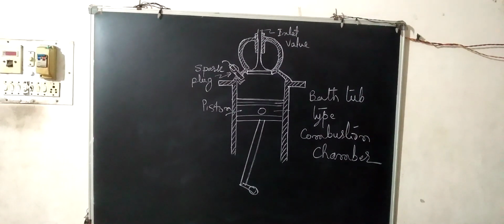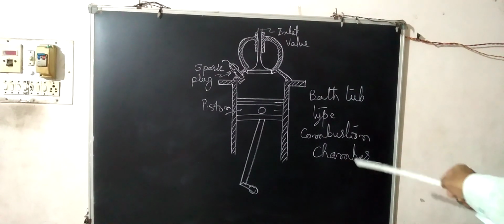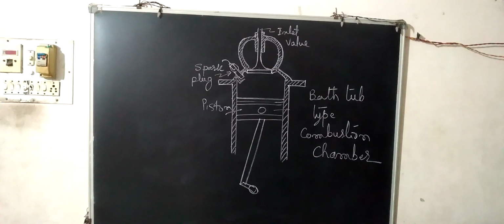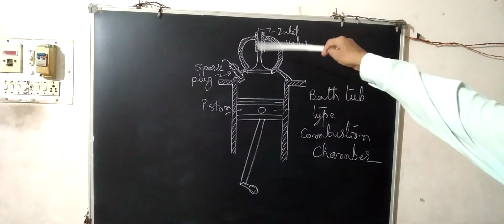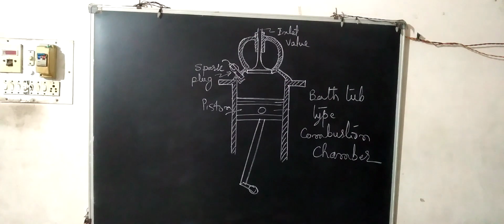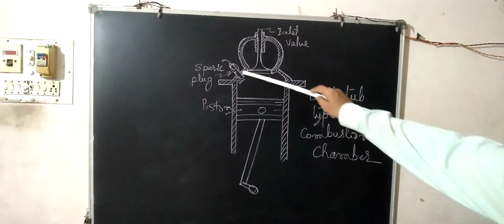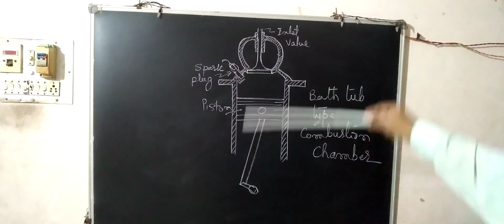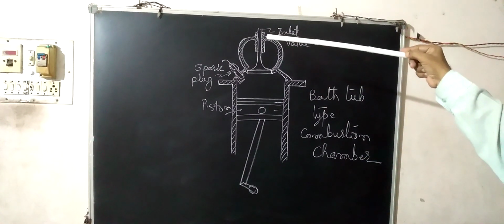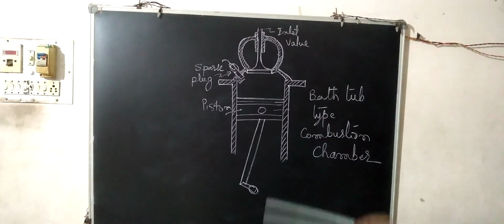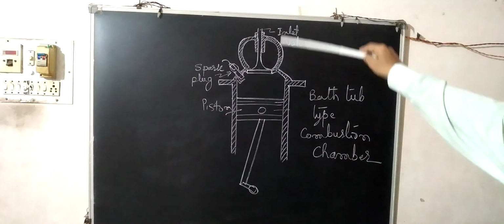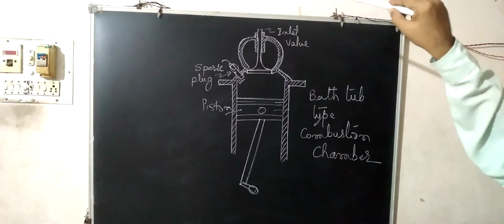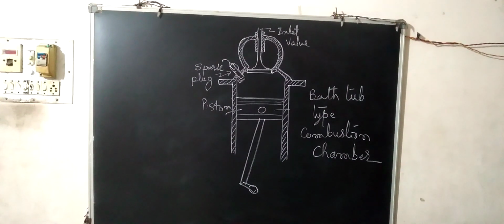This is the bathtub type of SI engine combustion chamber. The name is given because in this position it looks like a bathtub. The shape of that is a bathtub, just a name given. The components over here are a spark plug and an inlet valve, and just behind that will be the exhaust valve. All the inlet and exhaust valves are in the cylinder head. Mechanically this is very convenient because the operation of the camshaft is transferred and located in the cylinder head. This is an improvement, and there is going to be better turbulence in the combustion chamber.